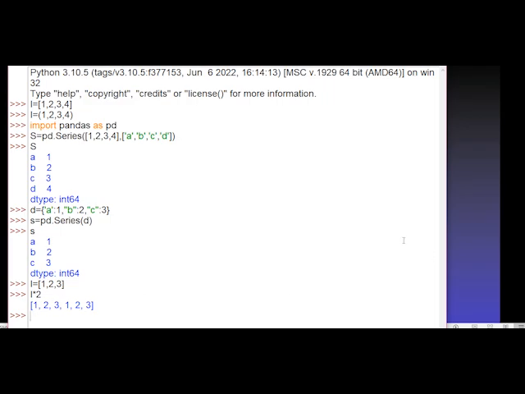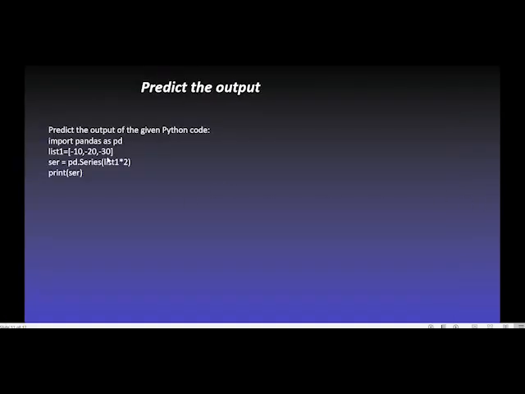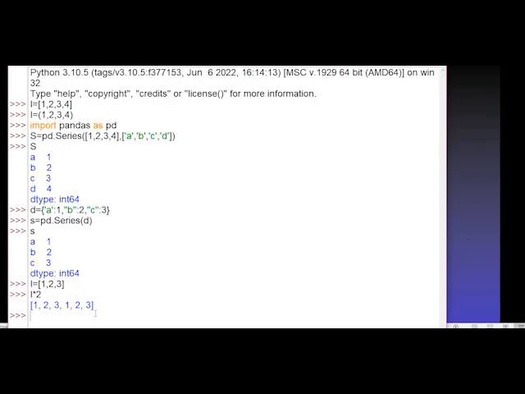So, what we passed inside? See, here it is -10, -20, -30. Now, what is list 1 star 2? It is -10, -20, -30, again -10, -20, -30. I will pass it. L equal -10, -20, -30. Now, I am going to create a series S equal